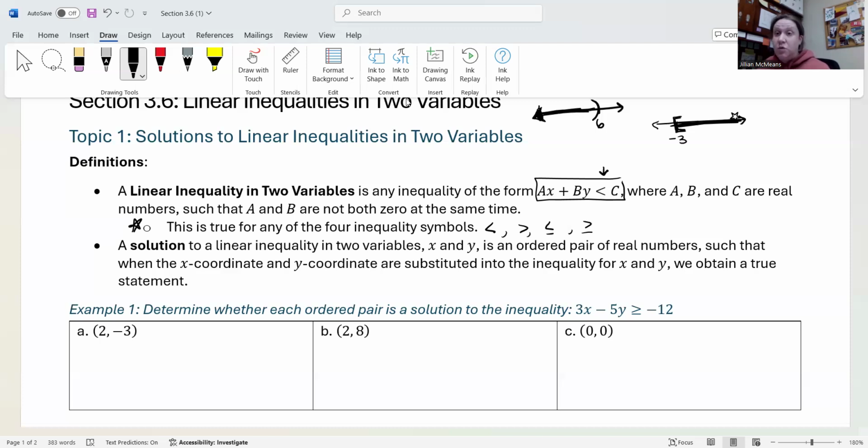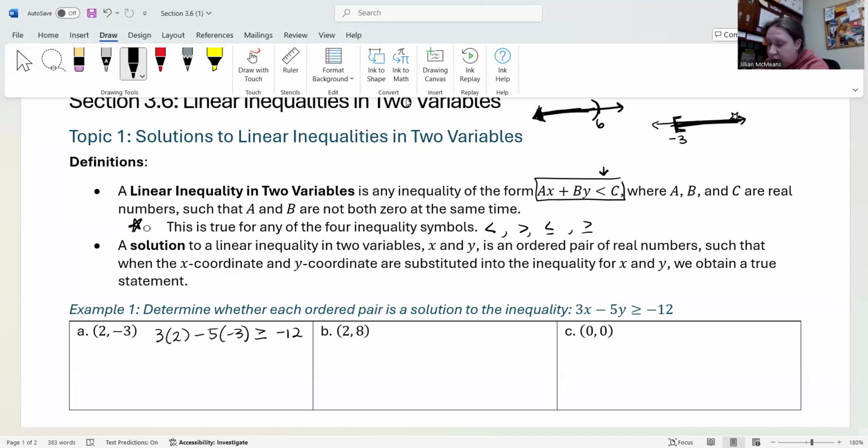5y ≥ -12. So we want to take that inequality, anywhere we see an x for part A, we're going to plug in a 2, and for y, we're going to plug in a -3. So I would get 3 times x, which is 2, minus 5 times y, which is -3, and I want to see if that is greater than or equal to -12. Well, we've got to do a little work here. We need to multiply and then add and see if whatever we get on the left is greater than or